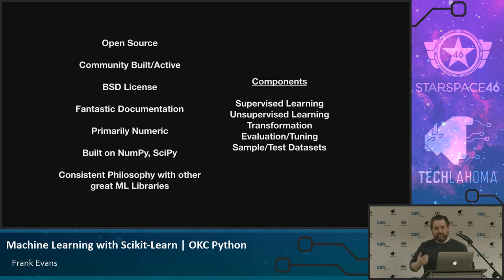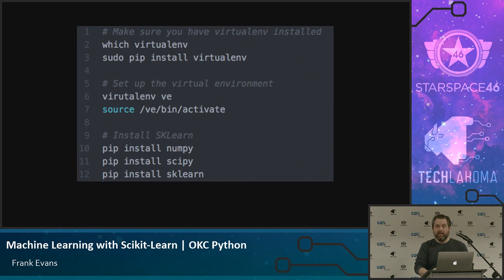And so there are different ways of coding and ways to programmatically do evaluation and tuning, and then a lot of great sample and test data sets just to see that your stuff's running end to end, or try out new ideas without having to get some data and make sure you load it and that sort of thing. There's maybe 25 built-in data sets that have a bunch of different properties that are terrific for getting up and learning and not having to go learn a bunch of separate things, which is fantastic.